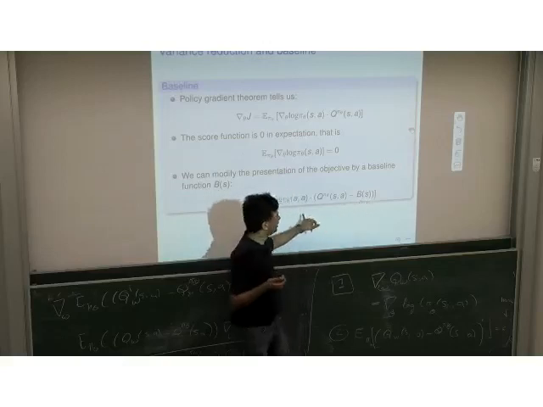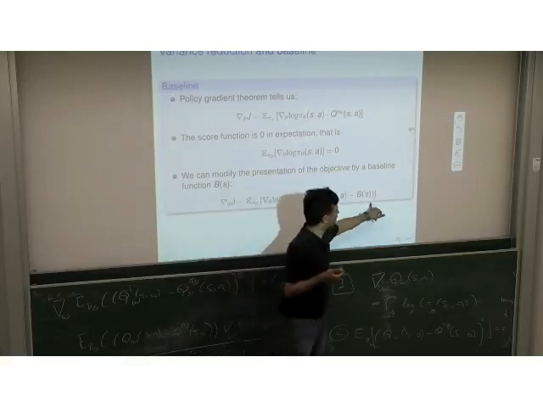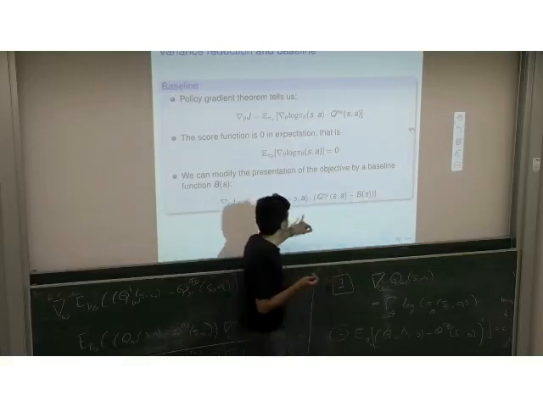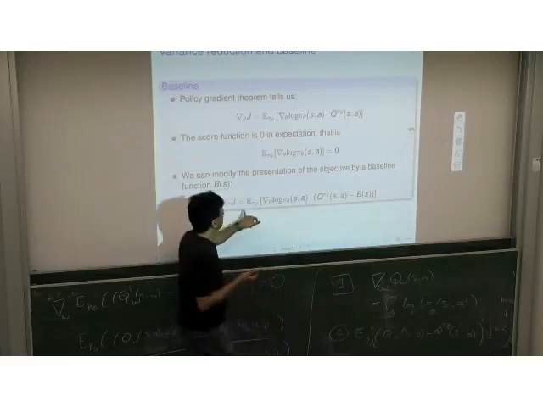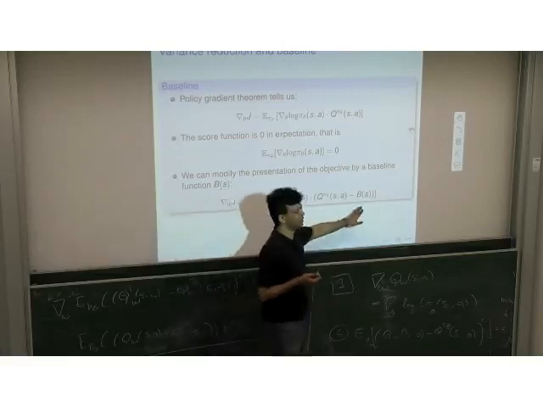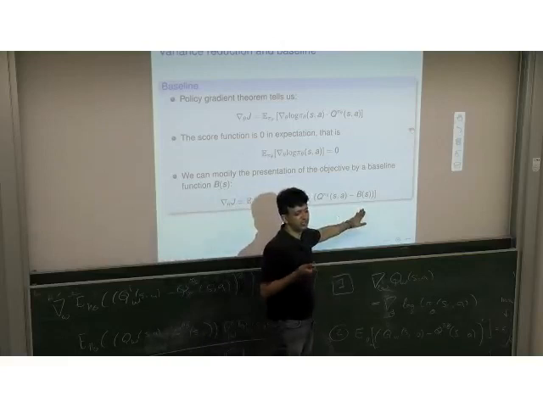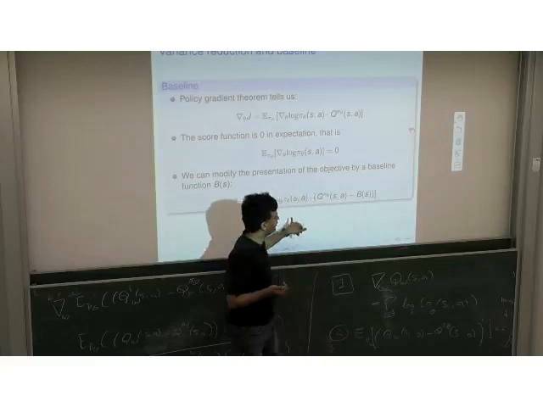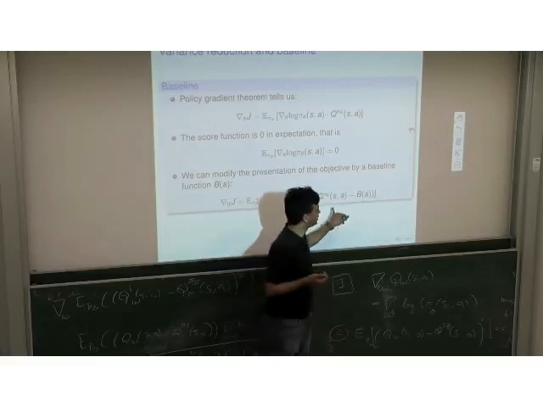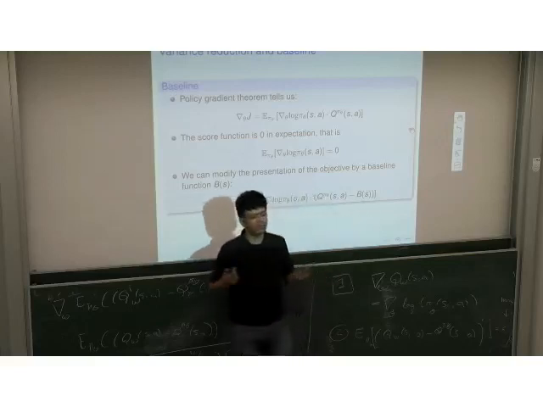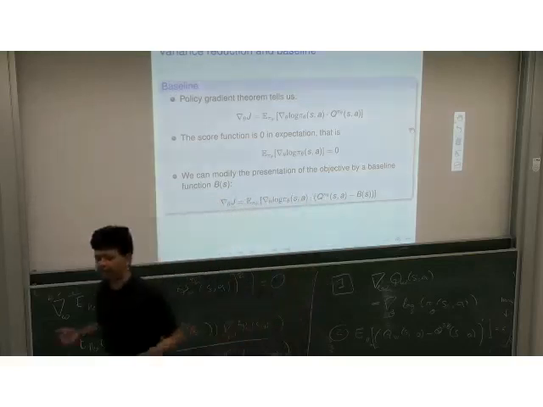Okay? So this adding of a term like this is mathematically justified, because this expectation does not change when you add this term. That is why it's called baseline. It does not change the expectation. It does not change your objective. But it reduces the variance in this very critical sense, in the sense that now you're learning every time